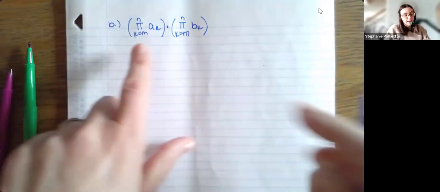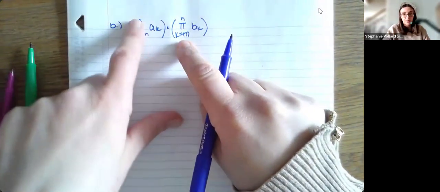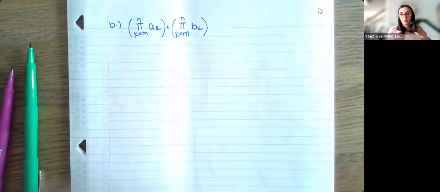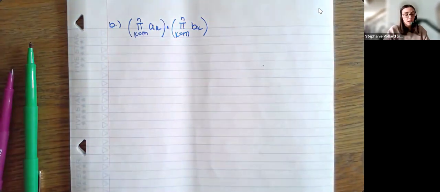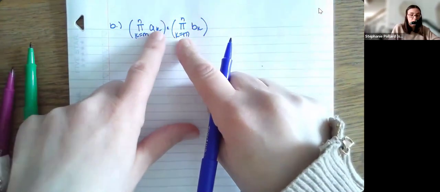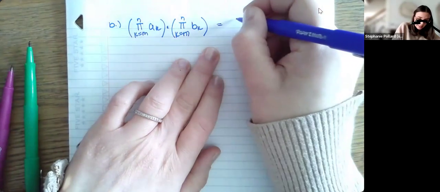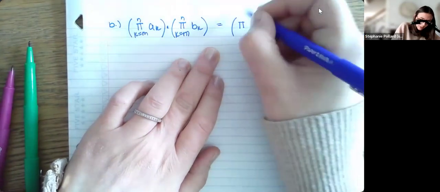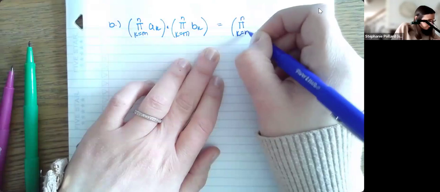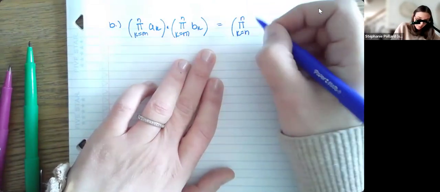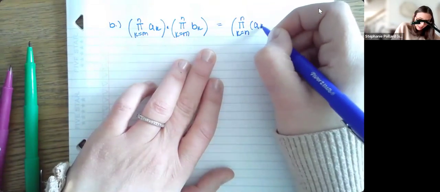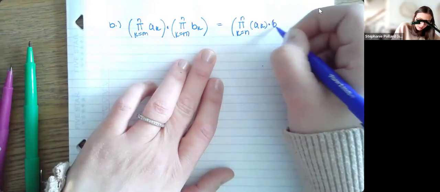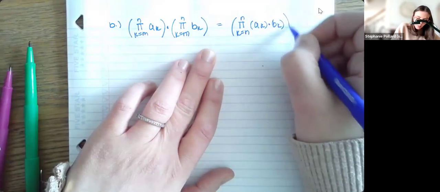Now, remember, again, you have to check to make sure your bounds are the same, which is important. If your bounds are different, then you can't move things apart and put them back together. But our bounds are the same, so we can change this into one multiplication problem instead. I guess I don't need parentheses really there anymore. But it would be a sub k times b sub k within